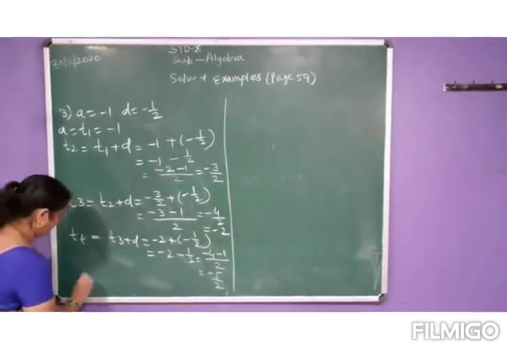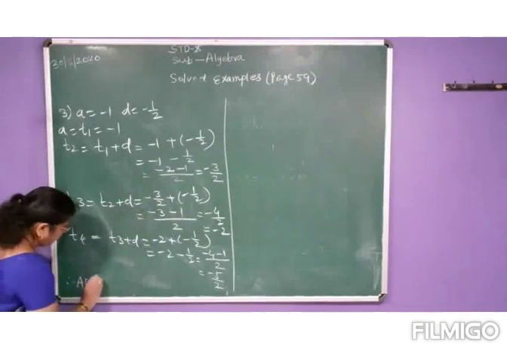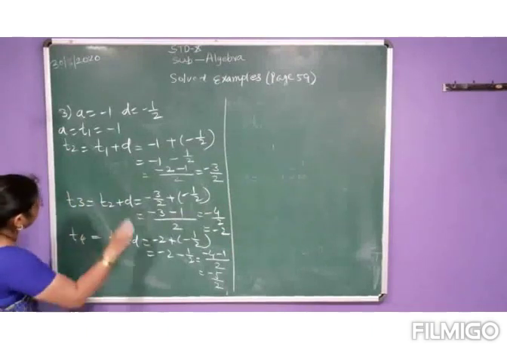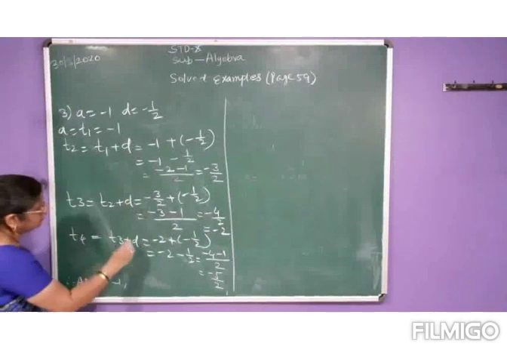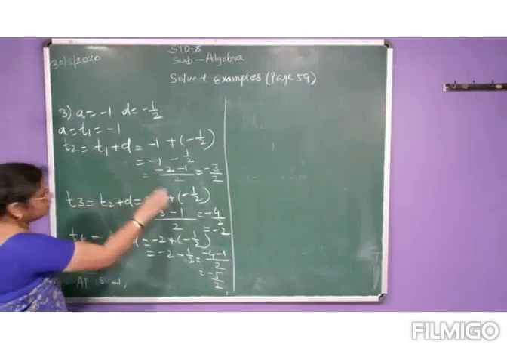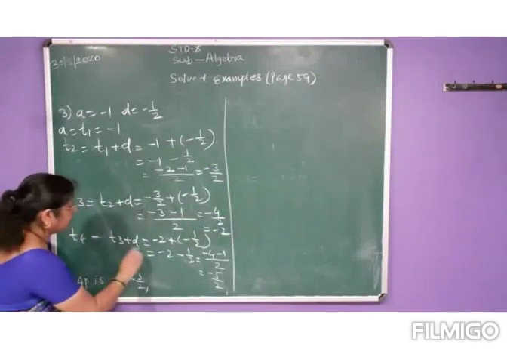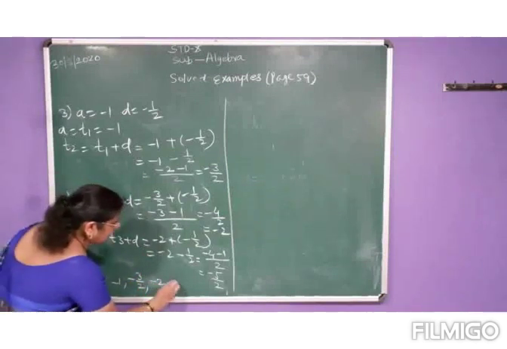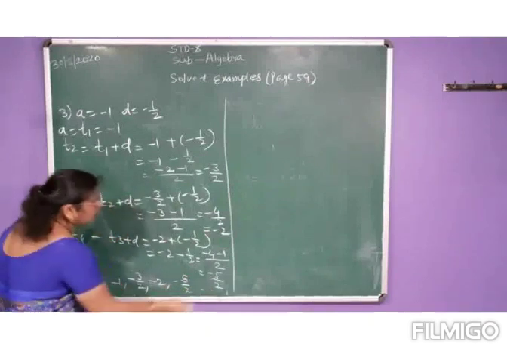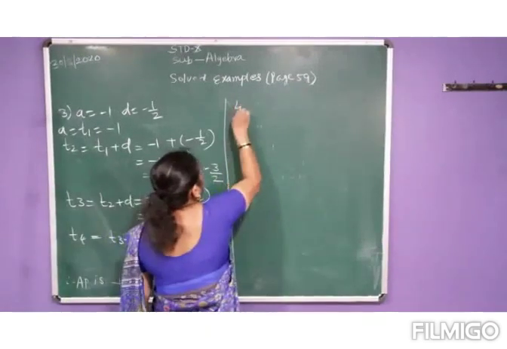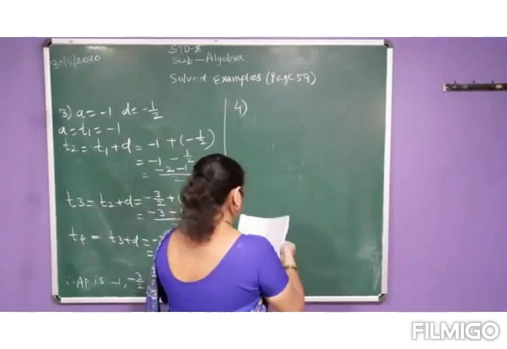So what is our AP over here? AP is, now the first term is, now like that the answer you need to write down in the paper whenever you solve. Because in the board examination and even when I correct the paper, I see whether you have written the answers or not. Okay, this is the third one. Now we will go for the fourth one.